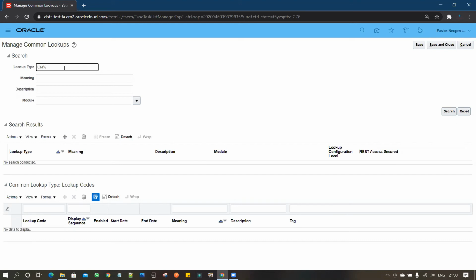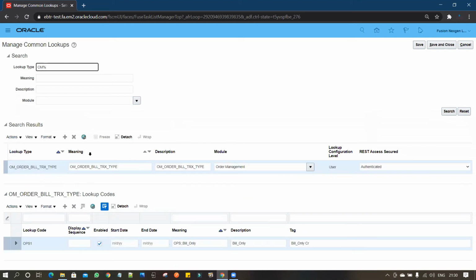I have already defined my lookup, OM order billing transaction type, which we just talked about in the extension discussion. So my extension is driving all these values and defaulting them while creating the sales order from this lookup reference. You have to create it accordingly, and you can put your own name based on your business need.